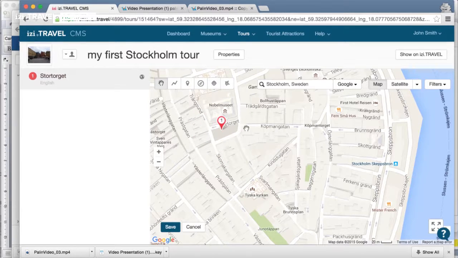The pin actually stays. As you see, the trigger zone was deleted, but the pin stays. Now I have to select the shape for the trigger zone. As you see, there are two options in the toolbar: round shape and polygon shape. So I select polygon and then I start clicking on a map,